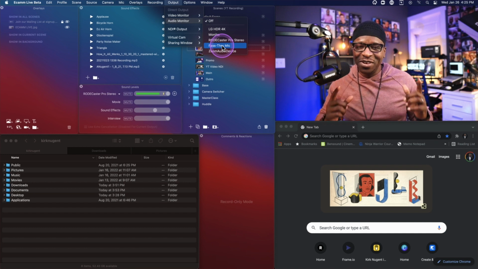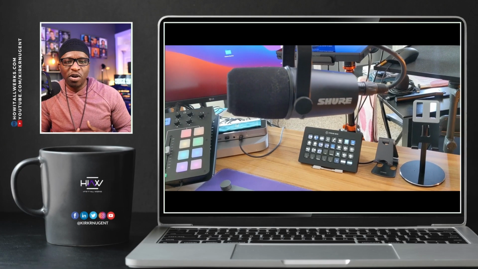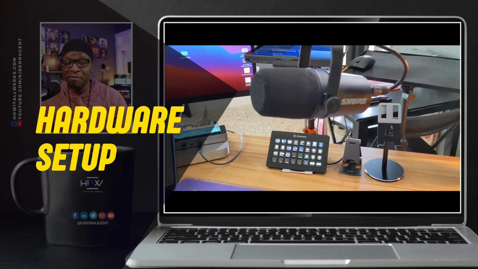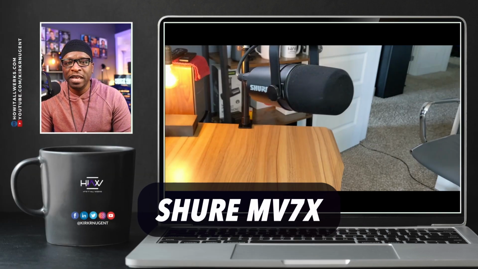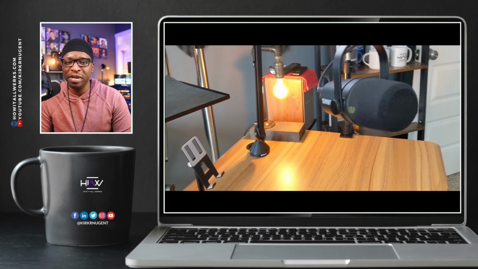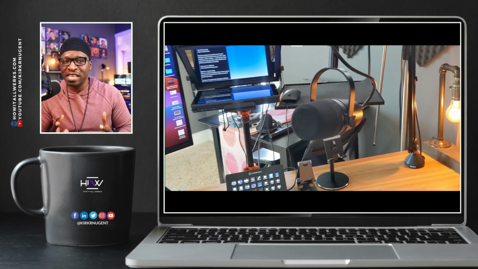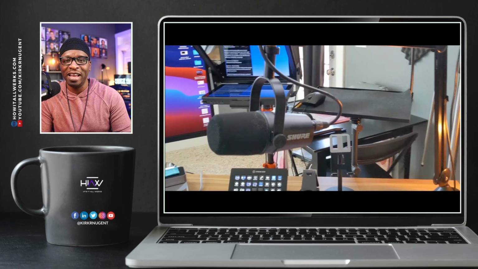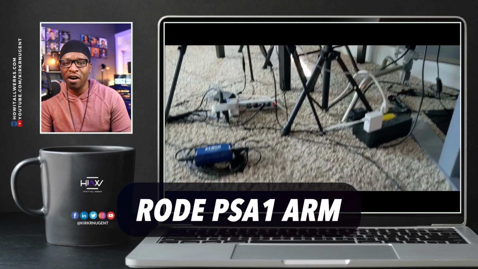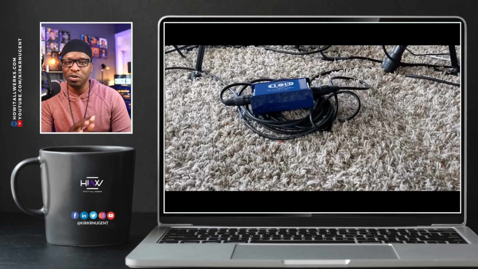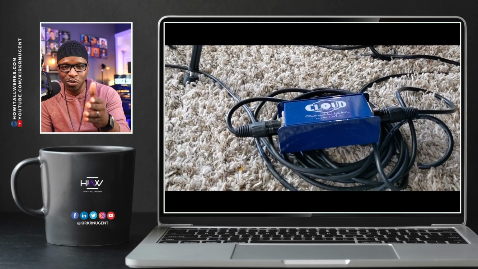Now, let's take a look at my hardware setup. So here we are looking at my microphone. It's the MV7X. The MV7X is an XLR microphone, and so it does not have USB capability, but it gives you that same rich sound. It's actually the mic I'm using right now. The MV7X is sitting on the Rode PSA-1 arm,